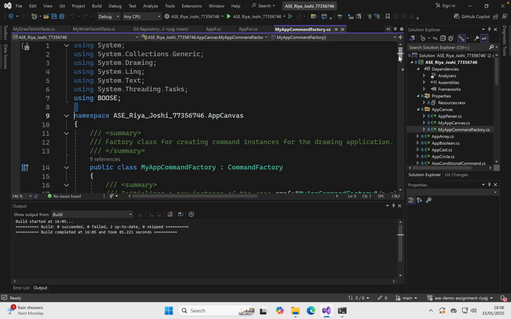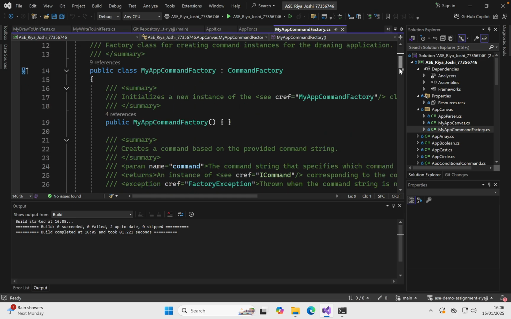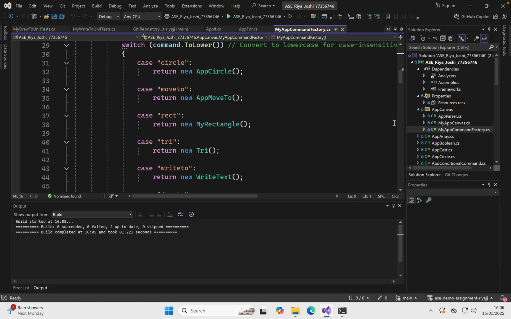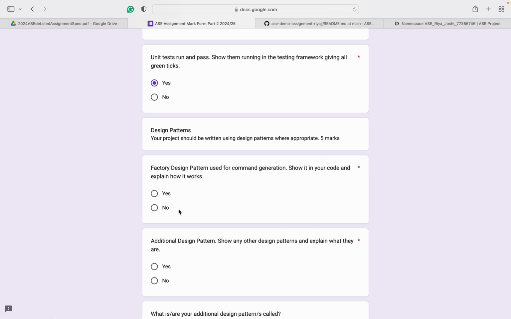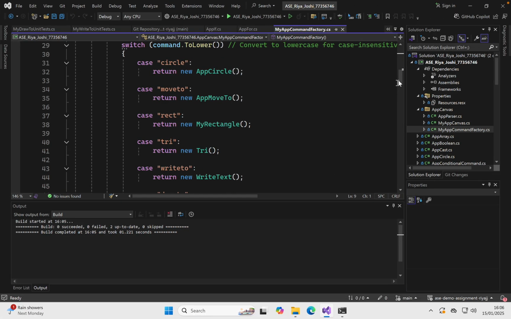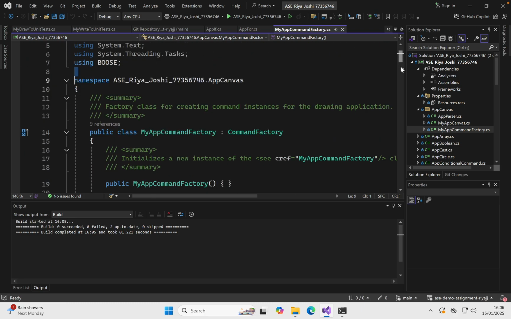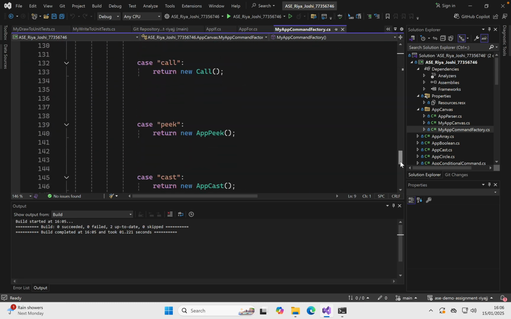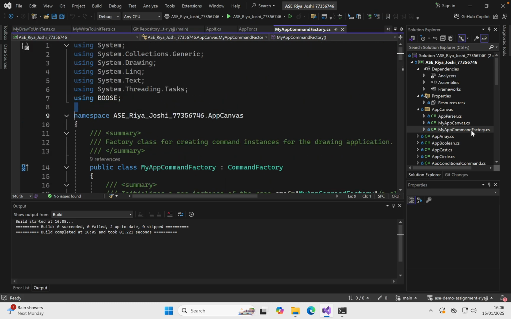So here, as you can see from this code, factory design pattern used. As you can see from the code that I showed, the factory design pattern has been used here. From this you can see my app command factory.